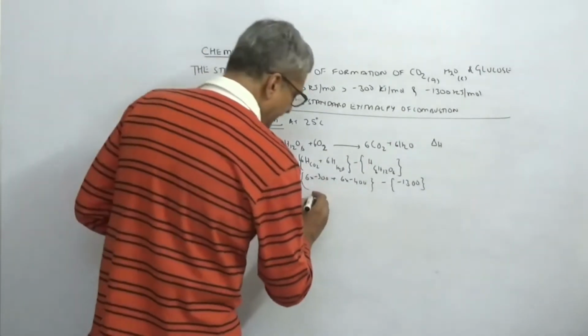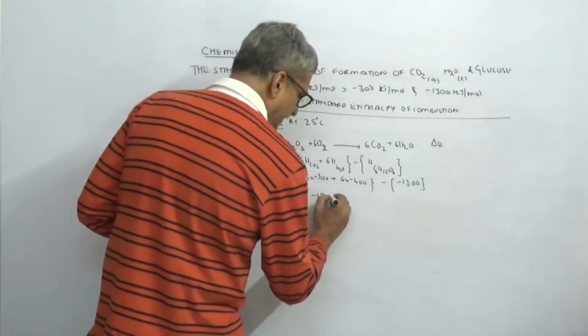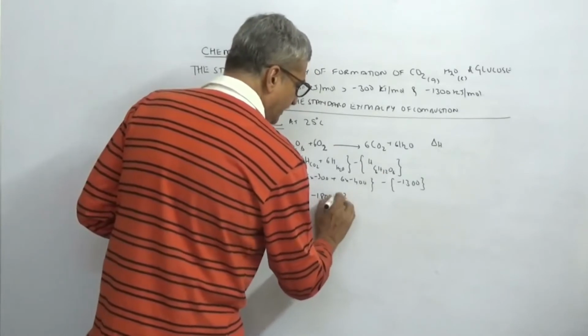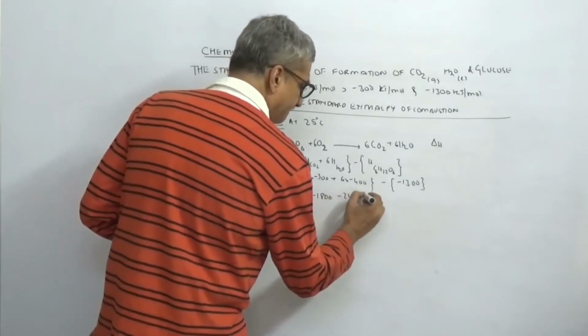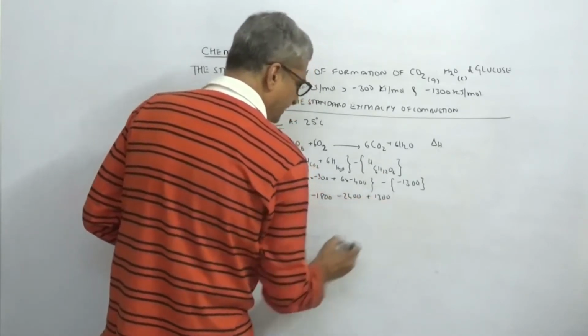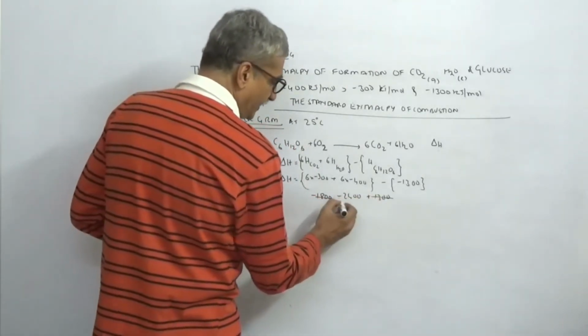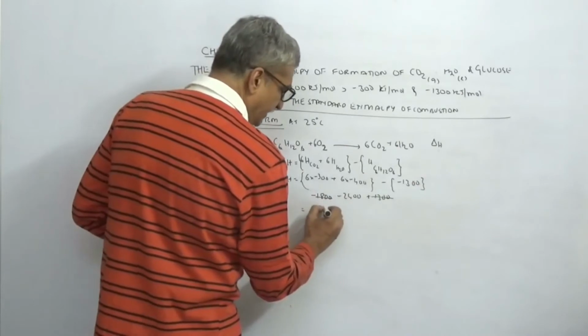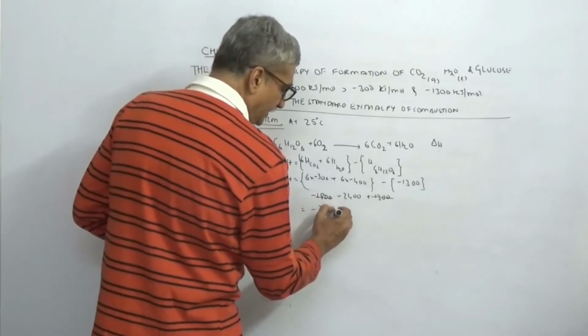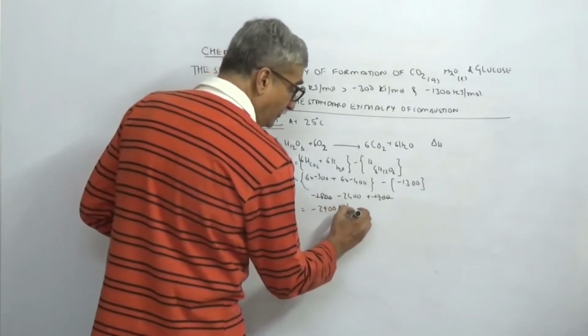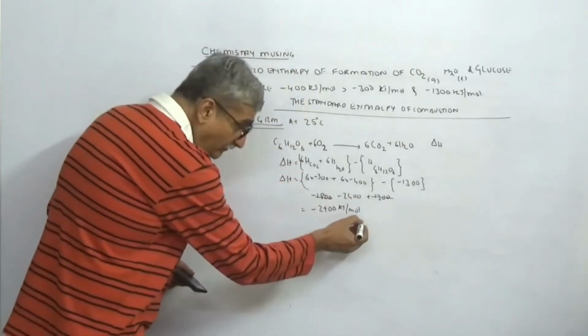So this is 6 times 300, minus 1800, plus 6 times 400, minus 2400, plus 1300. So minus 4200 plus 1300 leaves minus 2900 kilojoule per mole. This will be one of the answer options,